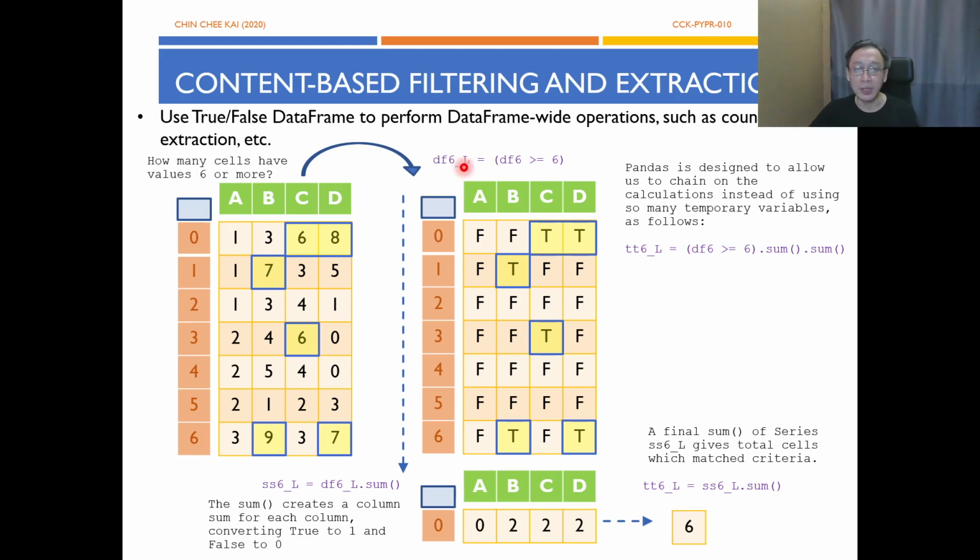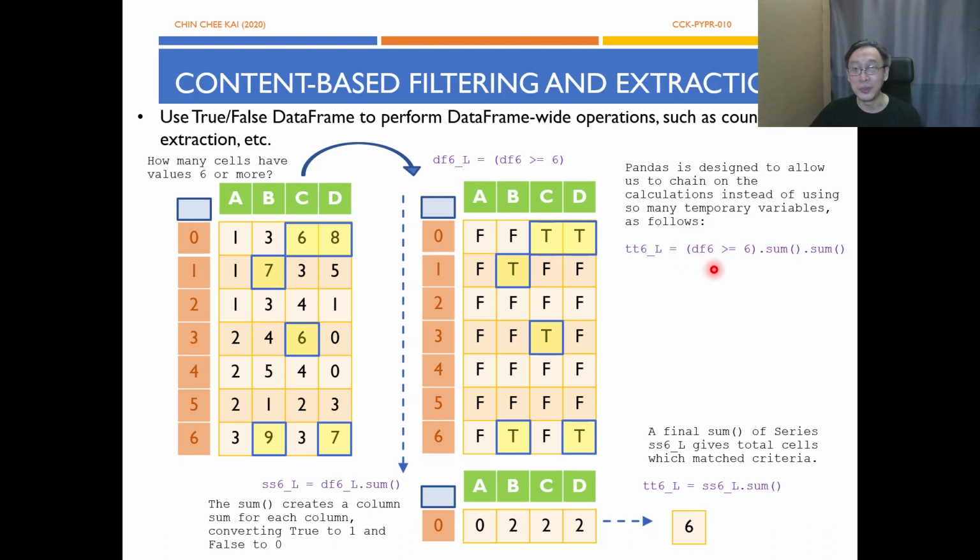And by assigning to a temporary variable like this, df6_l, ss6_l, we can ask the Python console what is the content of df6_l, and we'll see this, right? But we can also use the dot notation to chain on, and this is a feature that is quite celebrated for pandas. We really enjoy it. We really encourage you to use it to the extent possible. Okay, so what we do is,